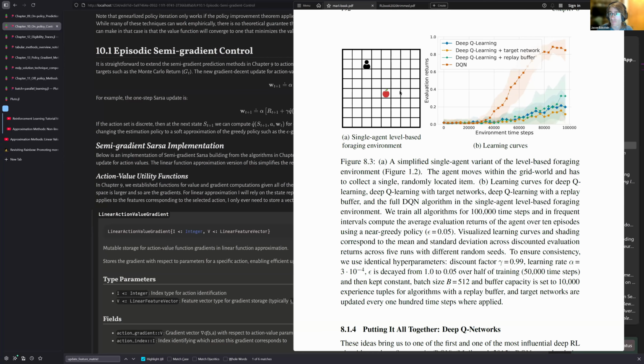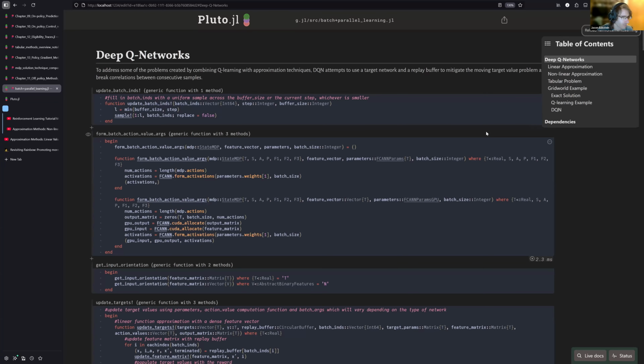Now, I actually was starting to implement some of this. Basically,